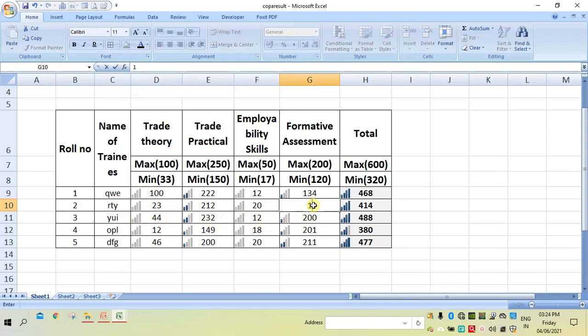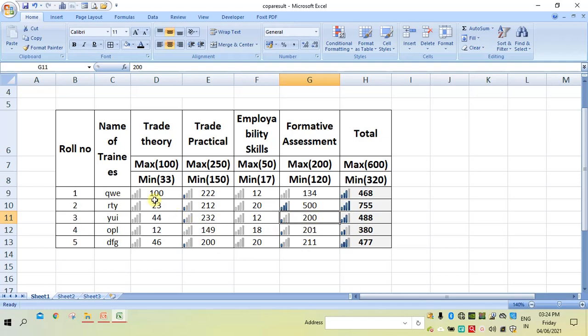If I make it 1, if I make it 500, automatically the range icon will show its values as per the values entered in the cell.